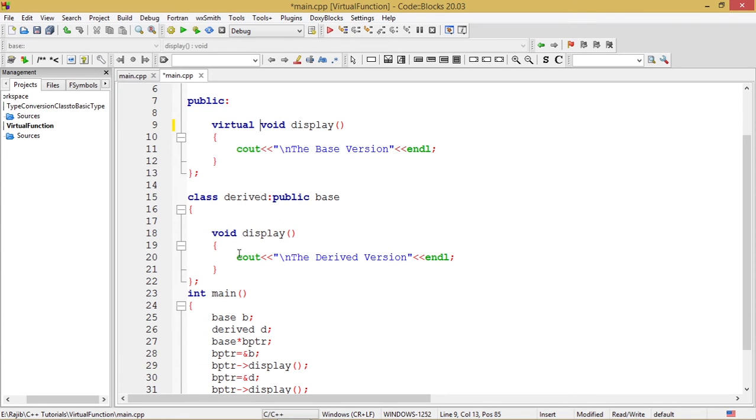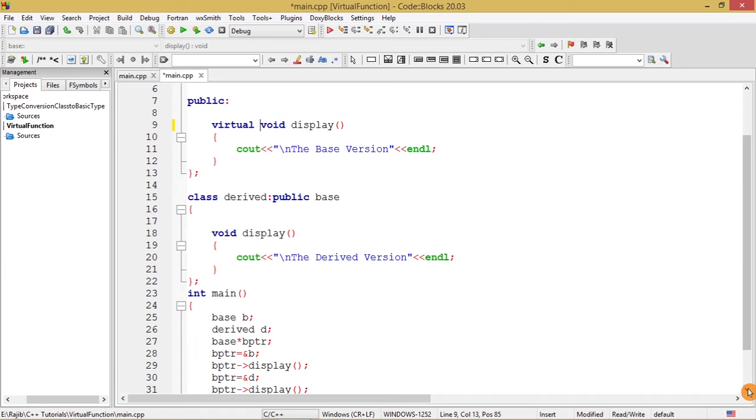So this is void display, and this is the virtual void display. The function has the same name in both the cases, that is in the class base as well as in the class derived. But the content of the display function of the class derived is nothing but cout the derived version, which prints this message.